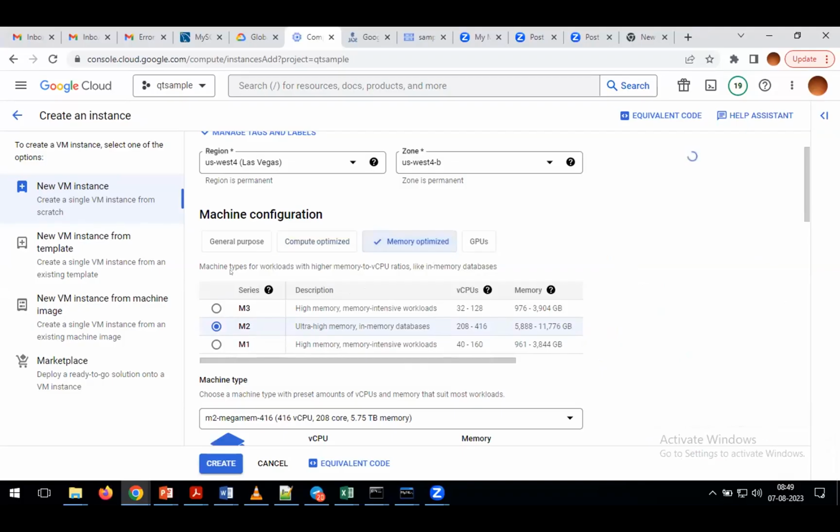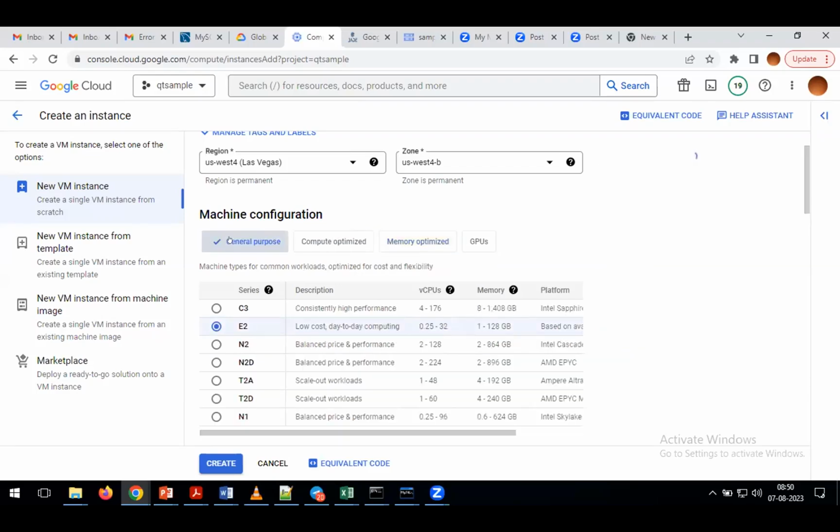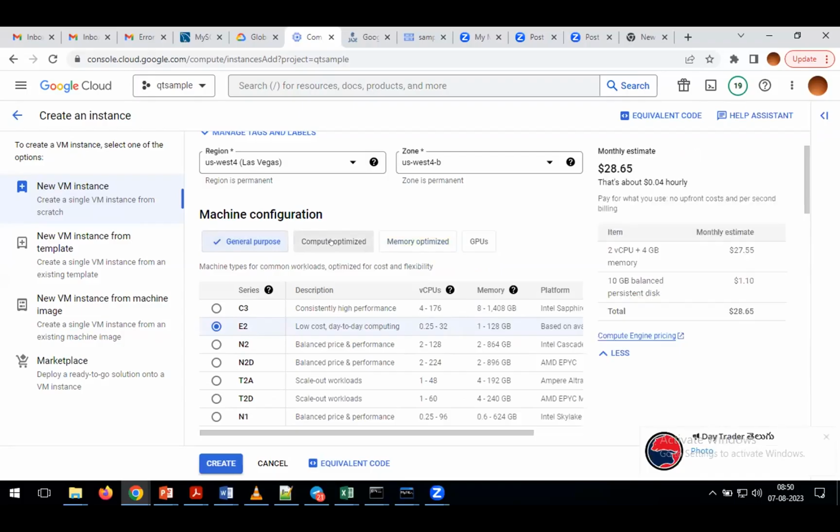What they are saying: machine types for workloads with high memory to virtual CPU ratios, like in-memory databases, which perform all the operations in memory. In simple words, general purpose is used to perform generic activities. If you want to perform intensive compute operations, we choose the compute optimized machine. If you want to perform memory intensive operations, we need to go for memory optimized. In the same way, coming to GPUs, if you see here,